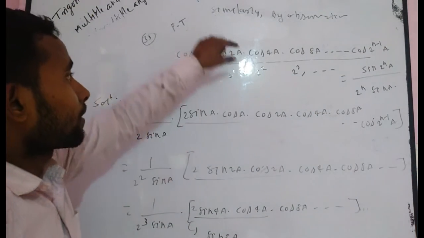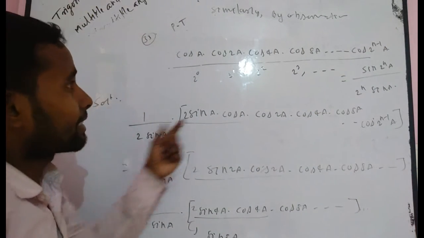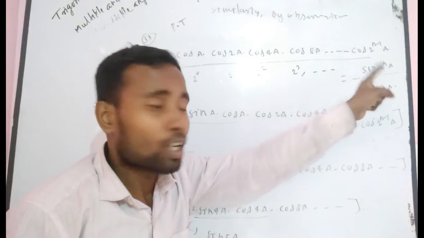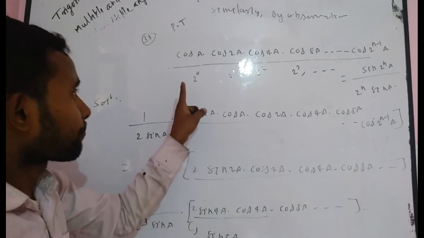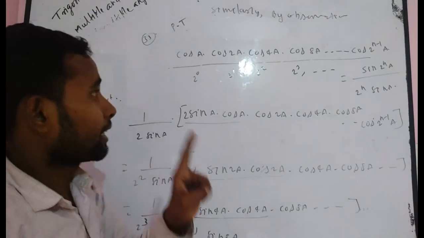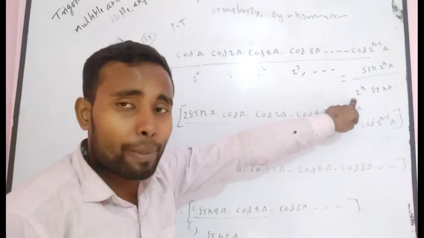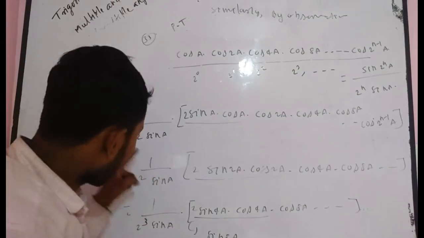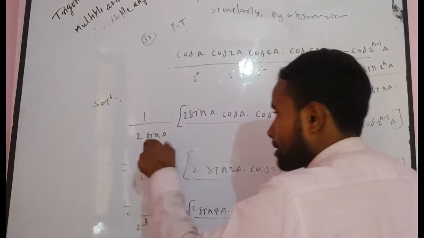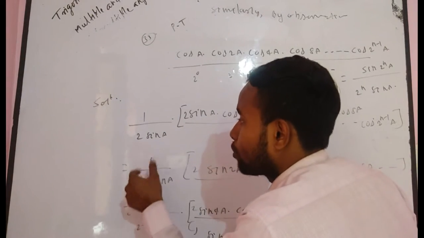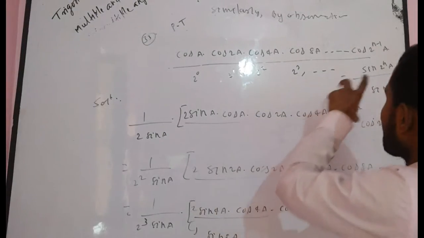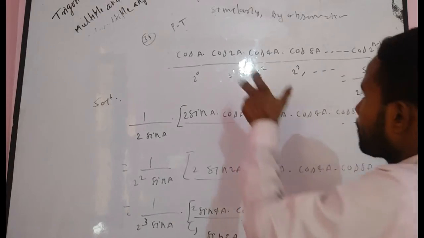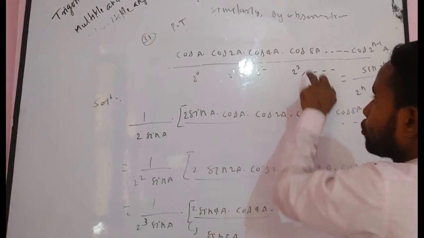If you convert 2 terms as this term, what do you get? You get simply 1 by 2, because you have to multiply a single 2. If you take 3 terms, you have to multiply 2 by 2 times, that means by 2 into 2. Then you get a simplified form, that means this expression. If you get 4 terms, then you have to multiply 2 to the power 3.